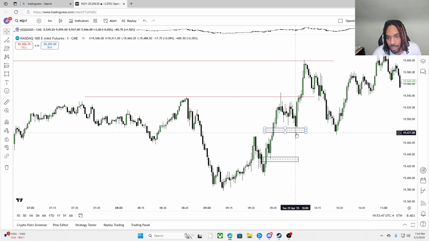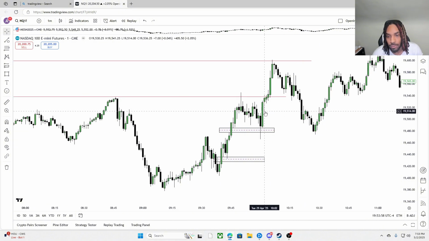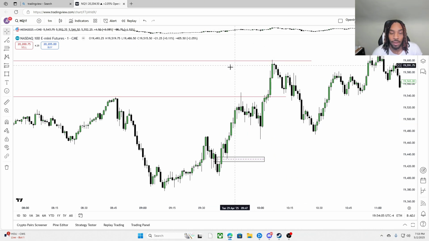So at 10 o'clock, we ran down into the fair value gaps. You could have entered in this one or this one. If you didn't get inside this one, we traded higher. We left a fair value gap right here, but we didn't trade into it. But also, if you look at this, bro, there's all types of setups in these price runs.